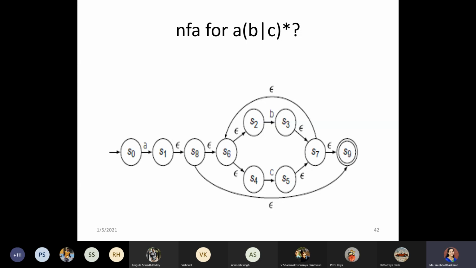So the same thing has been drawn. Now we have directly constructed the NFA with this. Once this NFA has been generated, we can convert this NFA to DFA. How do we convert this NFA to DFA? By using subset construction. Remember how we constructed the DFA? We were taking the epsilon closure for each state, right? So epsilon closure for S naught with respect to A, with respect to B, and here we have C.